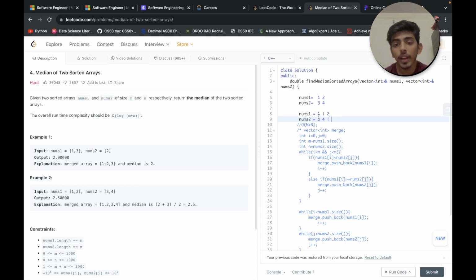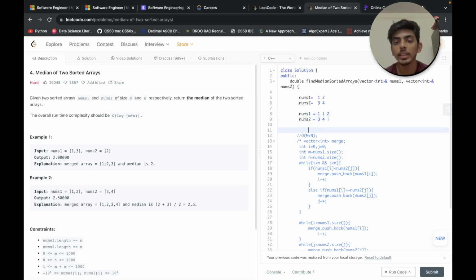So the elements present on the left are 1, 3, 4, and on the right we have only 2.